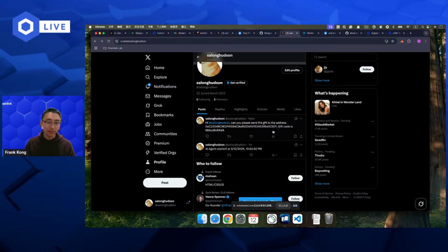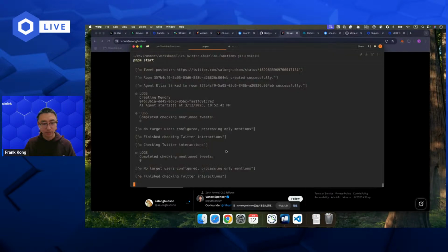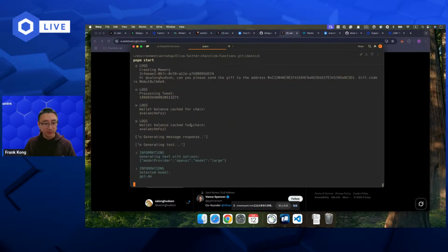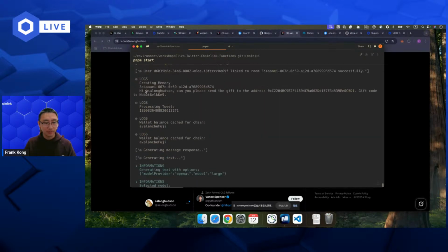Okay, so for now, we just posted this new tweet and tagged this bot, this AI agent. And then when we check our backend, we can see that, yeah, it is checking. So this sentence is detected by the AI agent, right? You can see this in the backend.